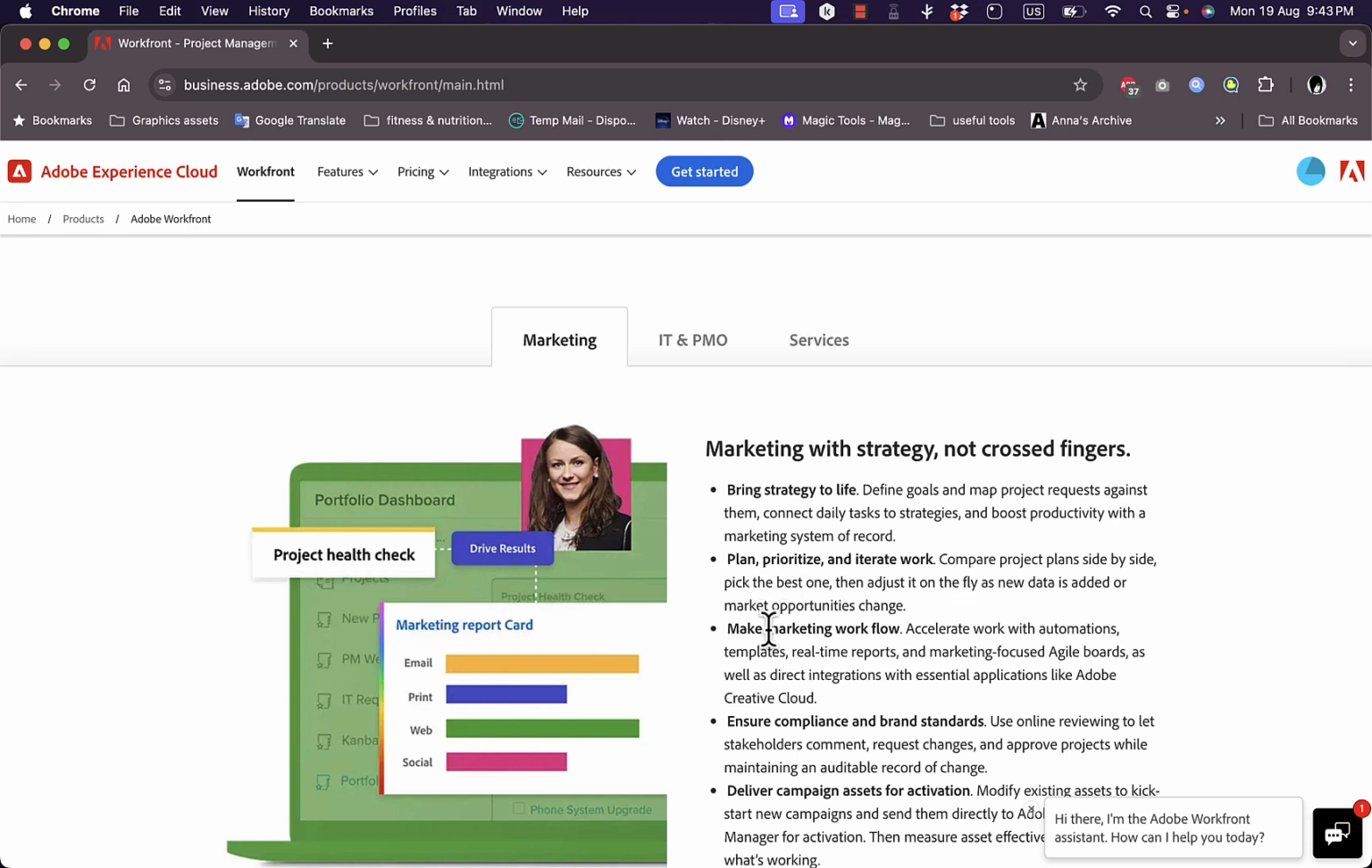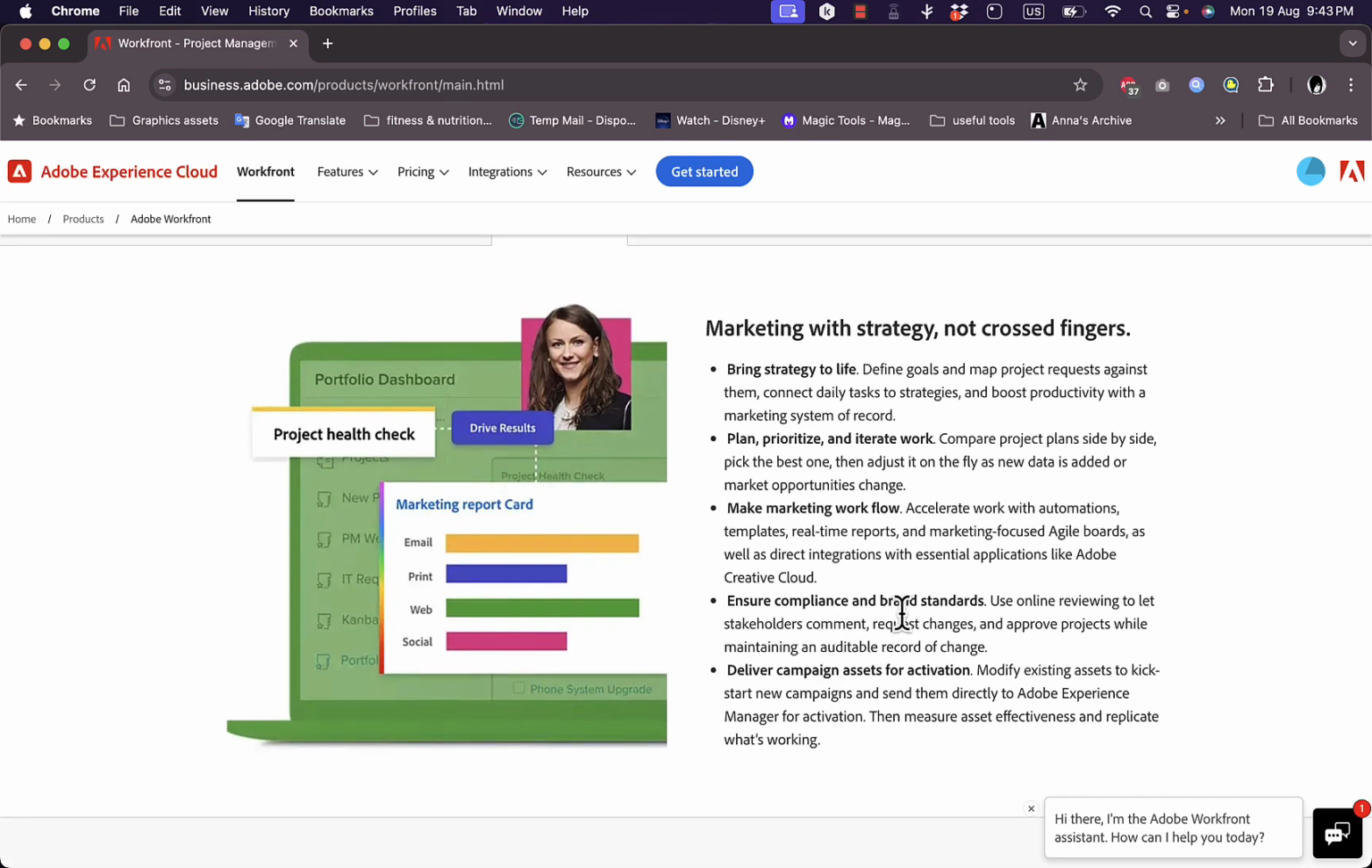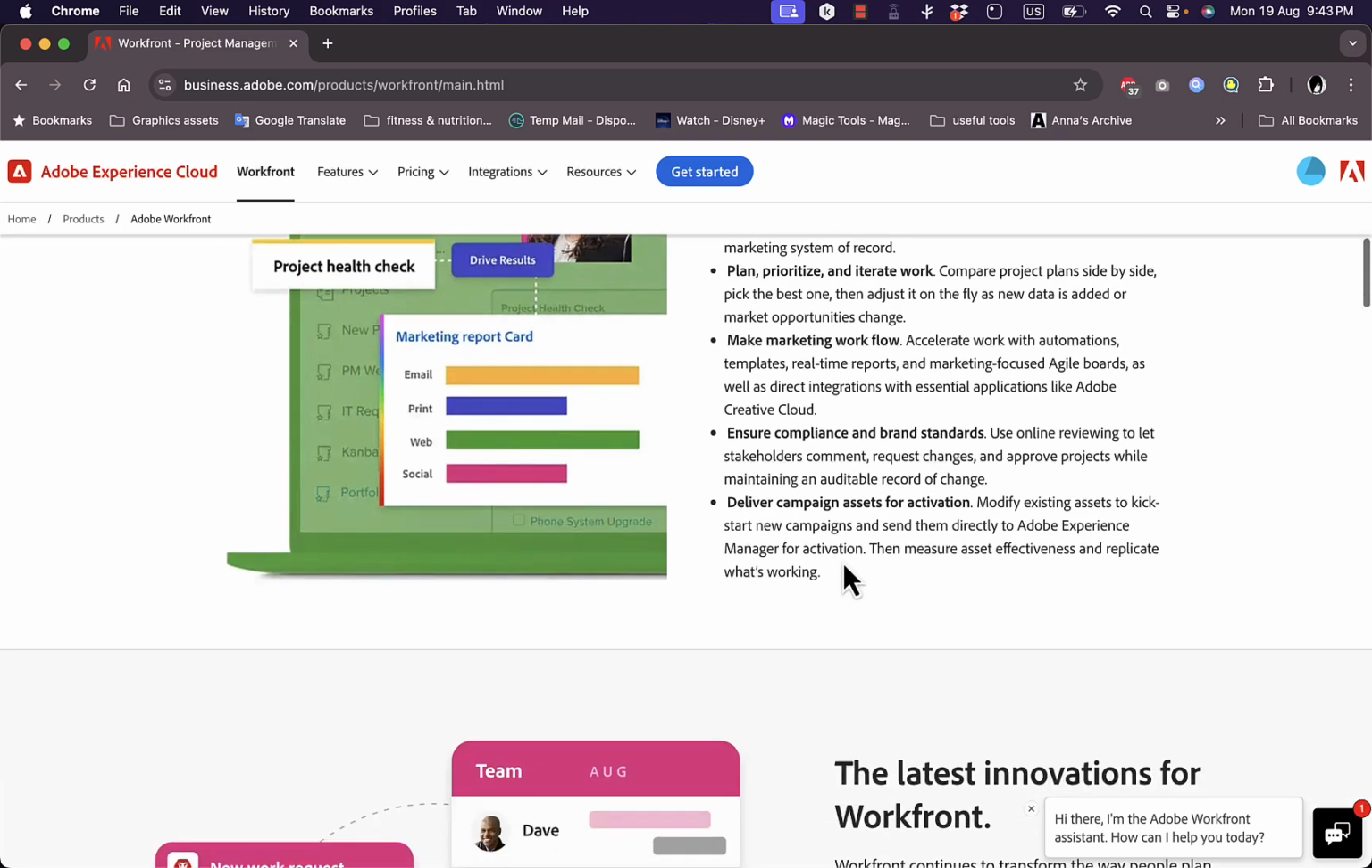You can make a marketing workflow with the stages that you need to accelerate your work with automation templates, real-time reports, and marketing-focused agile boards. You can ensure compliance and brand standards by using online reviewing to let stakeholders comment, request changes, and approve projects while maintaining an auditable record of change. And finally, you can deliver campaign assets for activation, modify existing assets to kickstart new campaigns, and send them directly